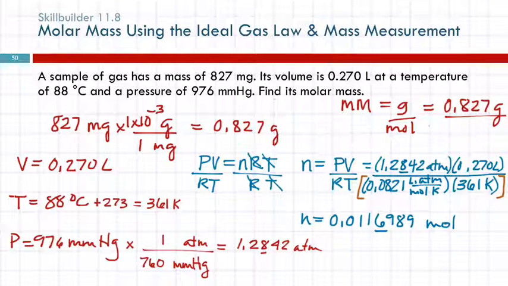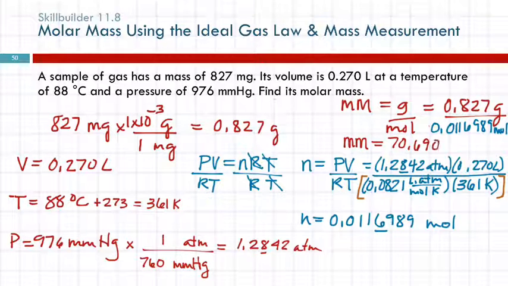So I'm going to plug this in up here, 0.0116989 moles. So I've got 0.827 divided by 0.0116989 equals, maybe I should go back to red up here. So the molar mass equals 70.690 grams per mole. If we round that to 3 significant figures,